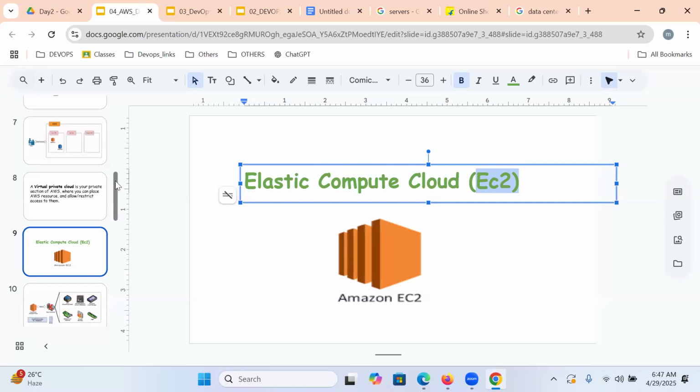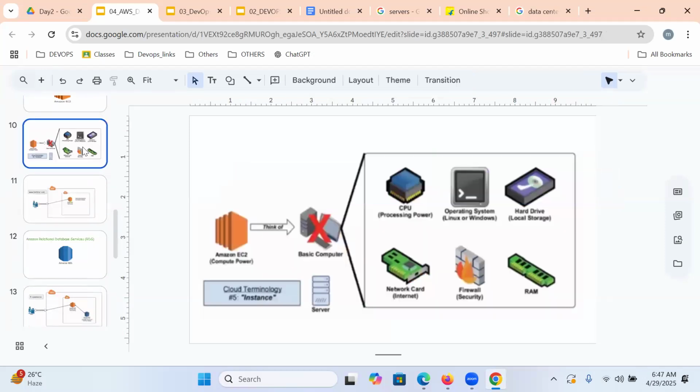With the help of EC2, we can create a server. A server is just like your laptop. In your laptop you have components like CPU, operating system, hard disk, RAM, firewall, NIC card, and the same kind of resources we use in our servers also.